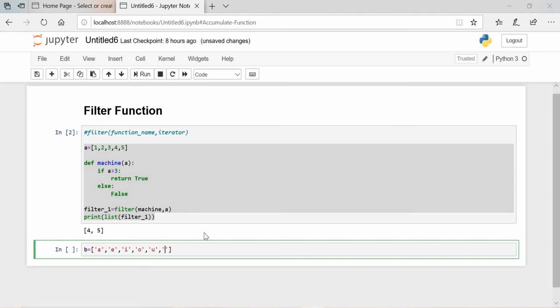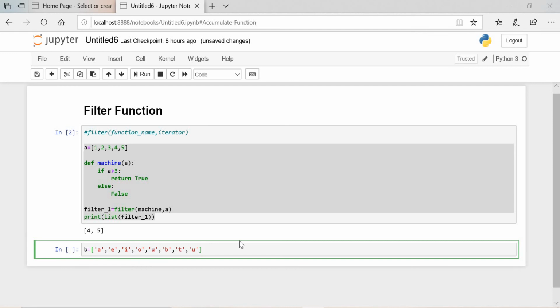I will pass some more string values, like b, t, and u. What I have to do in this is filter out the vowels from this list. You know the vowels, a, e, i, o, u. These vowels should be filtered out, and I want this as an output.